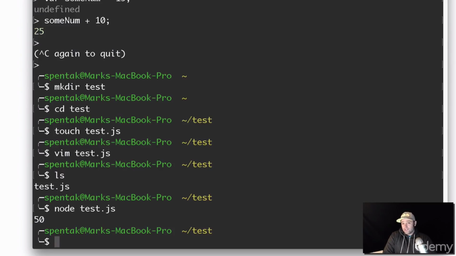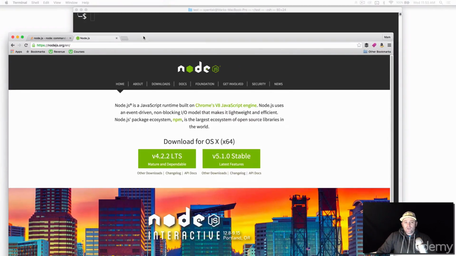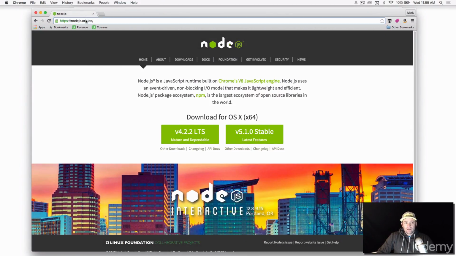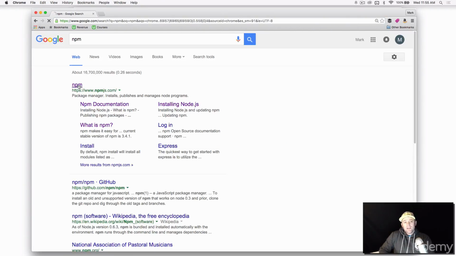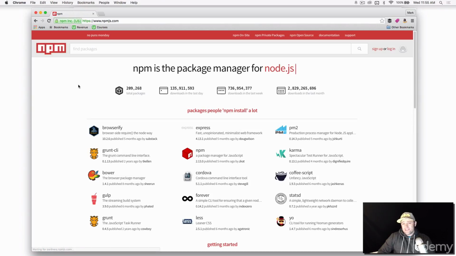And one more thing I wanted to show you is something called npm. I'm going to press Command K to clear my terminal here. So let's just go onto the browser here and take a look. Let's go to npm. Okay. And npm is the Node package manager, and this is where Node really shines. The Node package manager allows you to install packages written in JavaScript that you can use with Node,